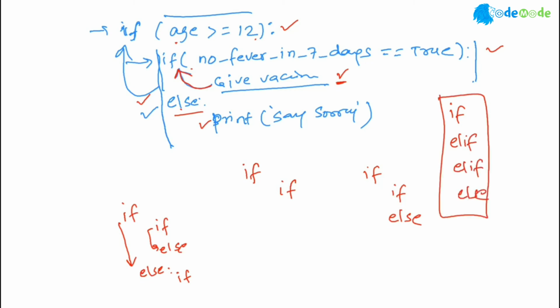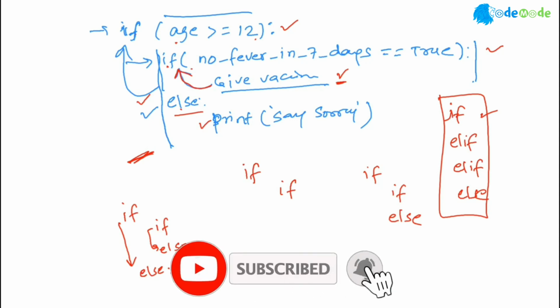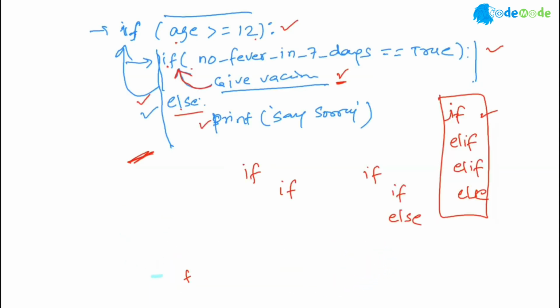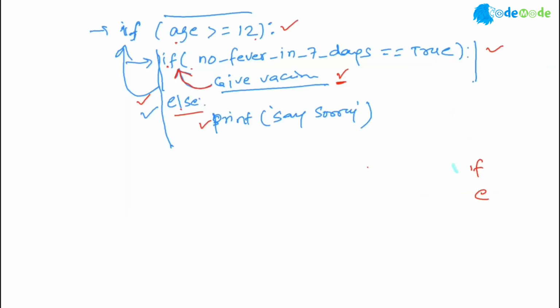So it depends on my situation, I can take only if and just go with it, like I did here, if and if. I don't have any else here. There is no else here, right? As long as the block is valid, meaning it must have at least one if, and then maybe else, and maybe elif, it can be embedded into another if. Second thing is, there is no limit of how many embeds you can do. So we can actually do multiple if. It depends on the situation.